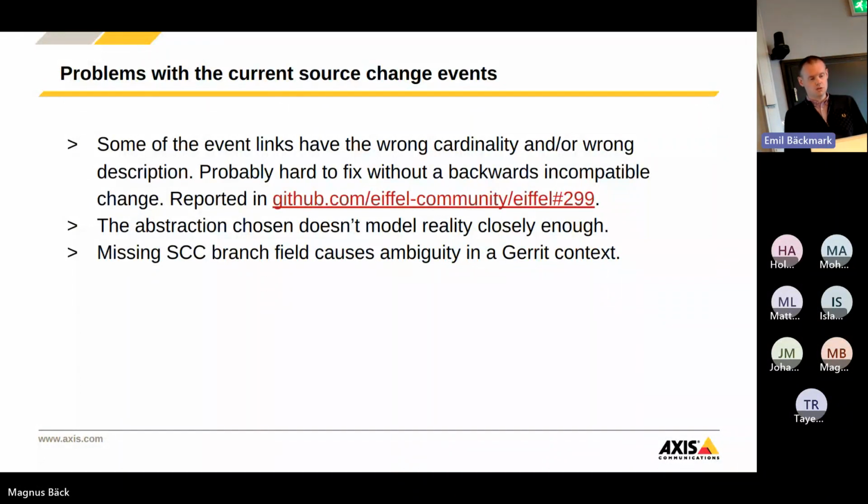This is just a small bug, and this particular one is specific to Gerrit, but if you look at a pull request based workflow, the events were made, I think we can say, in a Gerrit context. So in some things you can see that the person writing this knew Gerrit, but maybe wasn't so familiar with GitHub. So in the Gerrit context, the source change created event has a branch field, for example,